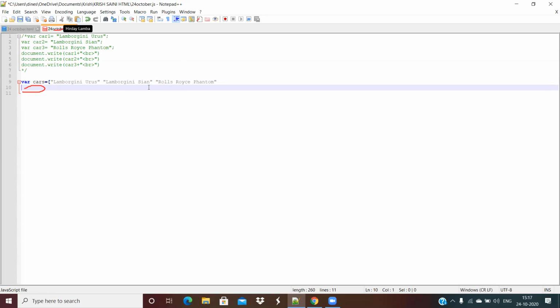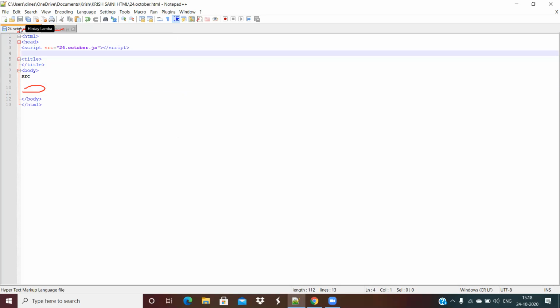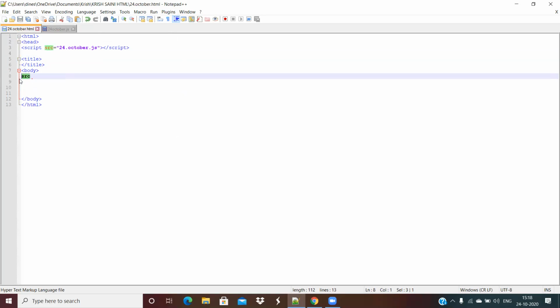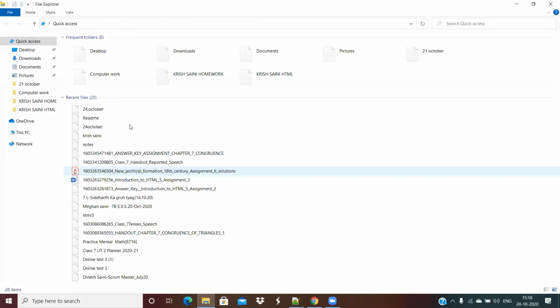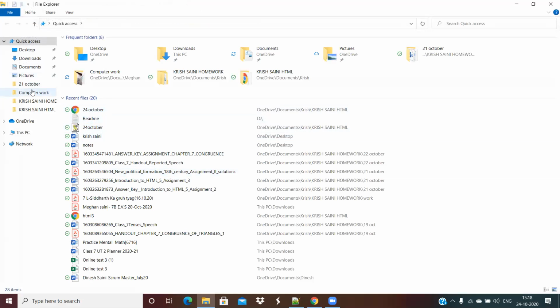Is this and this connected? No, it's not connected, right? We have to make the source. Let's remove the source. Is this connected, right? Both file names are matching. What do we have to write in var colors? Just specify three colors in that array. Any three colors. Krish, both of them are connected.